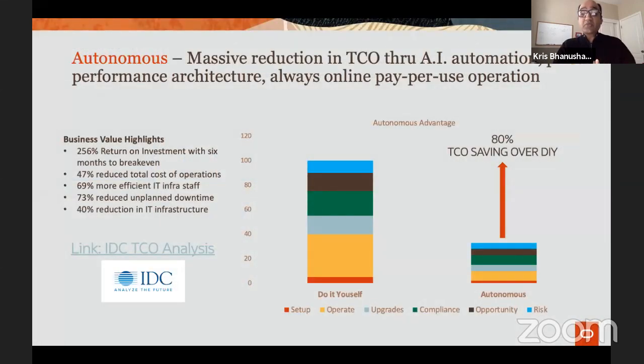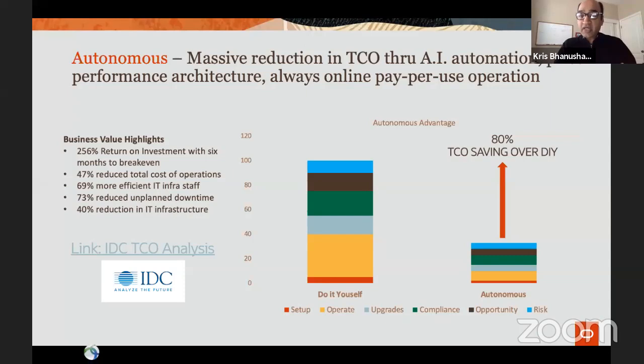So what does this mean, right? And this is a study that was done by IDC. Compared to running an environment on-prem, the savings that you get, the direct hard dollars that you save in terms of the efficiency of your IT infrastructure, the cost of operations, right?